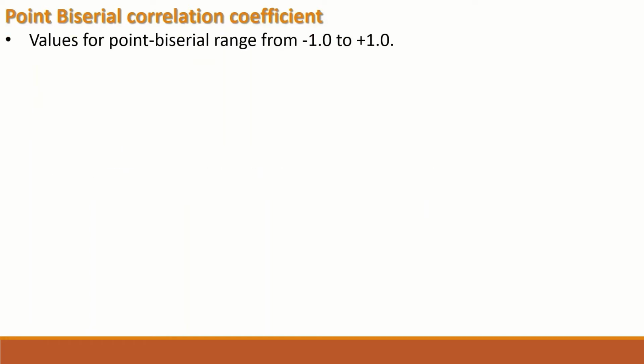Now, the statistical test for point biserial correlation coefficient generates values that range from -1 to +1. +1 indicates a perfect positive correlation. -1 indicates a negative correlation,